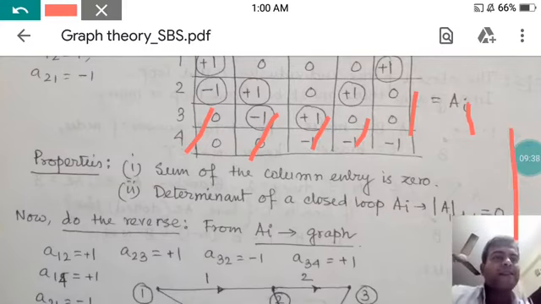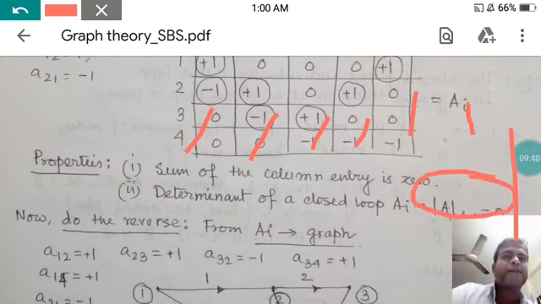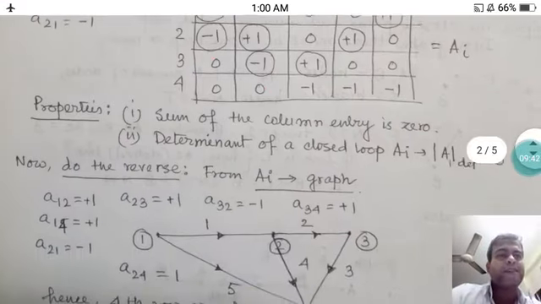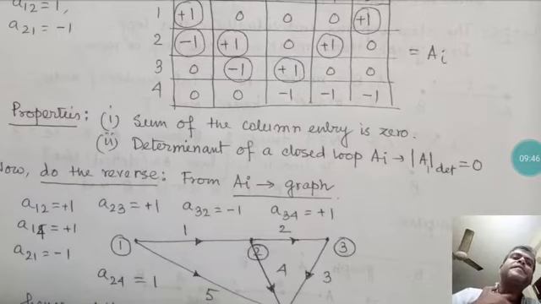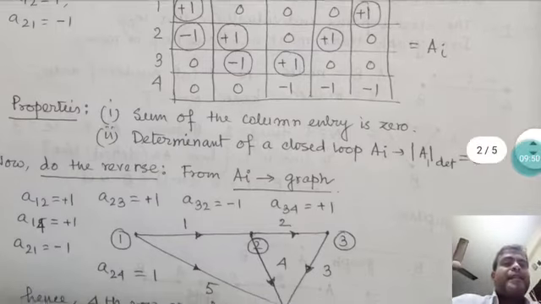This is the particular point I have already noted. So you can see the determinant of A must be 0 for a closed loop, but if it is a tree, it is never 0. Now another thing is coming,